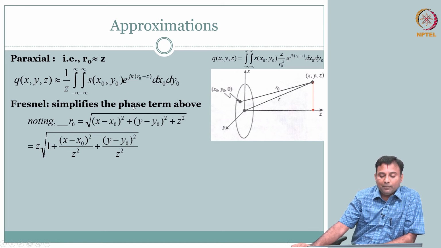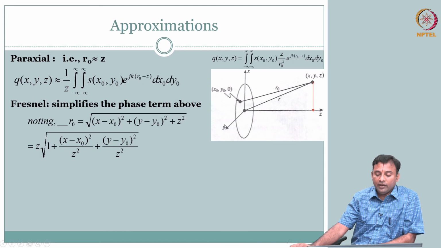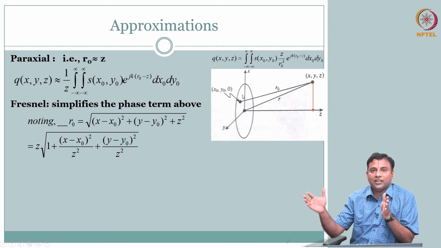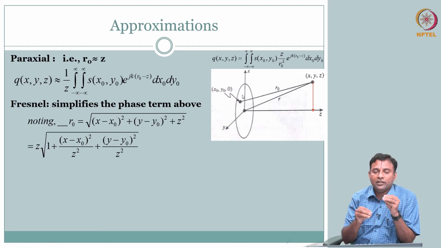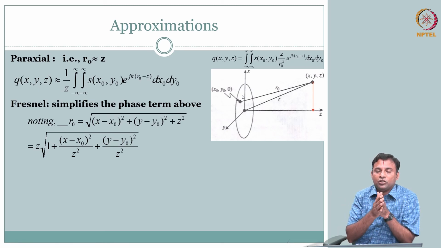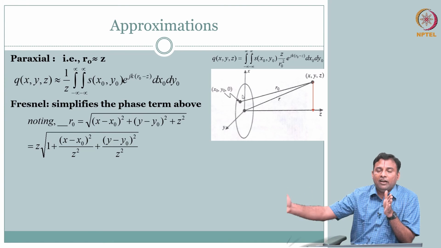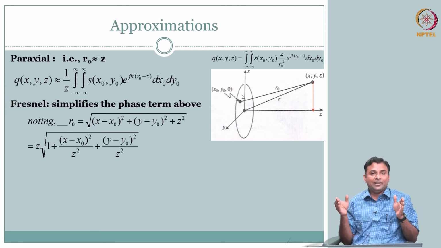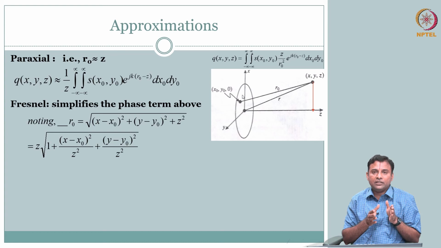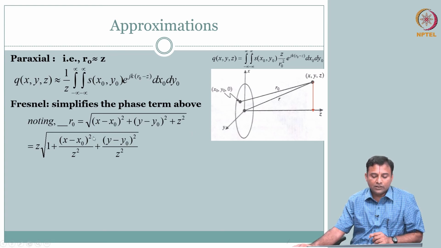So far it is just mathematical manipulation, but the simplification comes from being interested in knowing whether you are close to the transducer or away from the transducer. We also showed at the beginning of the module that the pattern is going to be weird if you are close to the surface or away from the surface, the far field and the near field. So we are going to say, look, if this is the case, the x naught, y naught and all are going to determine this, and your z is the depth distance.